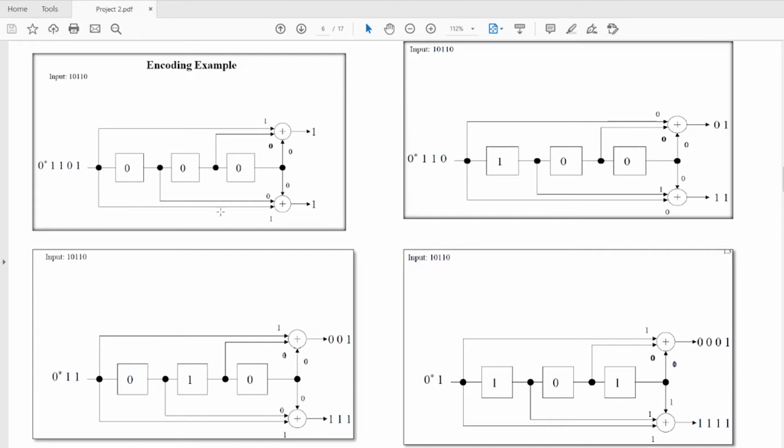And the other connections, 1 0 from this register, no connection, and 0 0 0 1 gives the 1. And we move right side by 1. That means this 0 comes out, this 0 comes to this position, this 0 comes to this position, and 1 comes here.